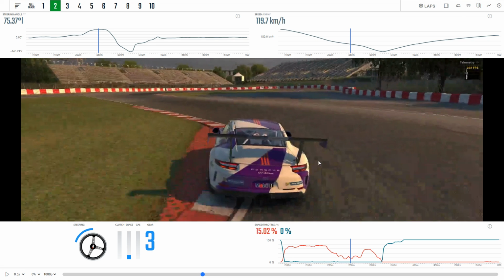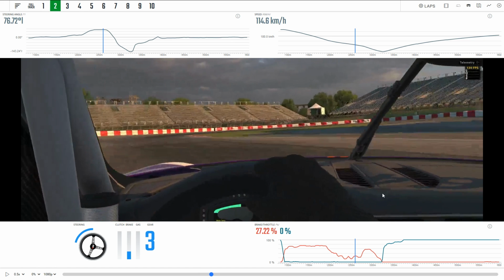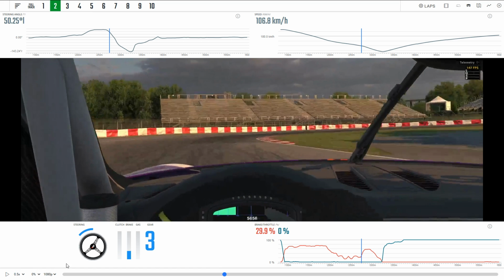I'll just show you the car positioning there. The only thing that you need to worry about is dropping your wheels on the inside of this inside edge of the curb, because that can really unsettle the car. And then keep turning to the left, keep those brakes on to keep the front end loaded up, and then eventually when you're facing